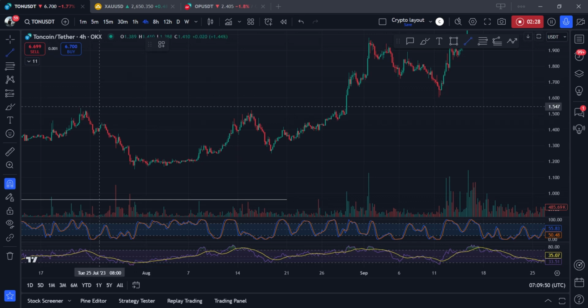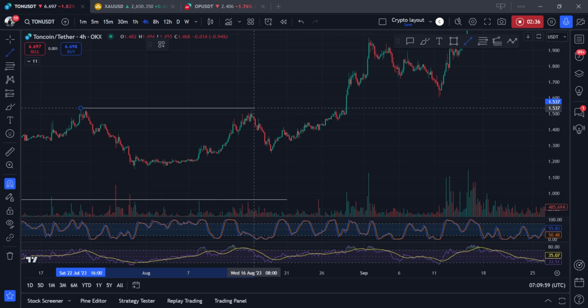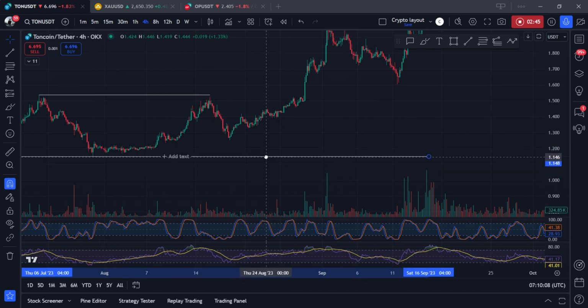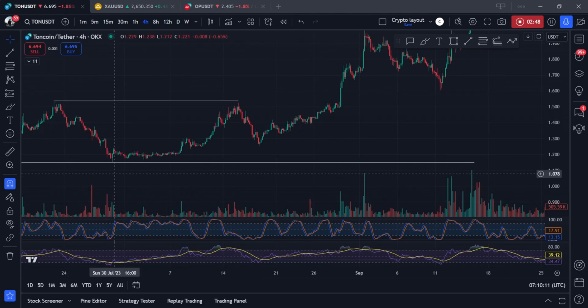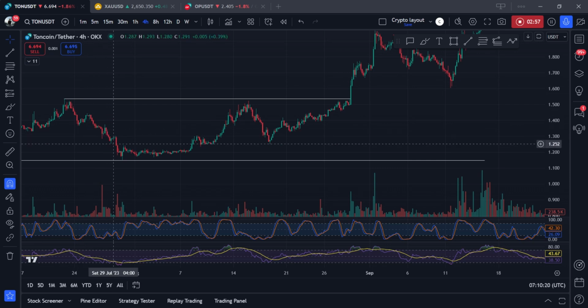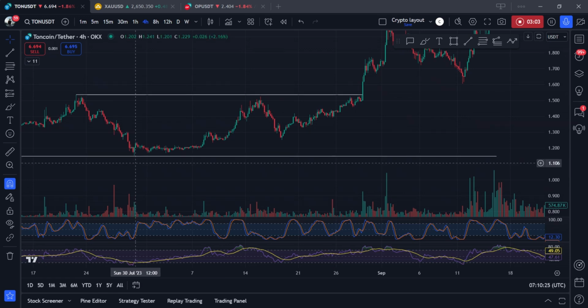So what I usually do, I get the most external swing, which is this one. See here, guys? So what happens? Let me mark it and then I'll explain. Okay, now we have these two levels, see? So whatever happens within here, we really don't care. You know why? Because the price can go down, can even go down here, but as long as it doesn't close the candle below this low,